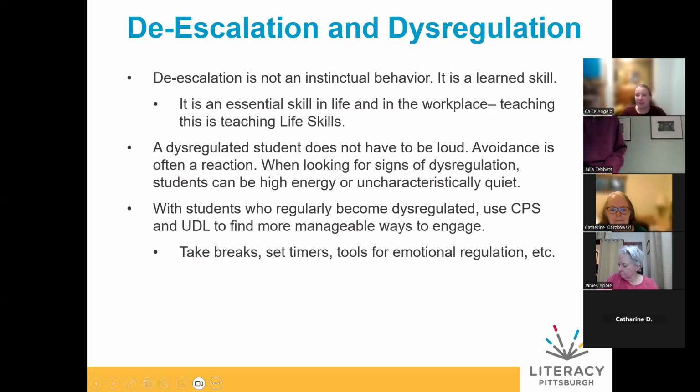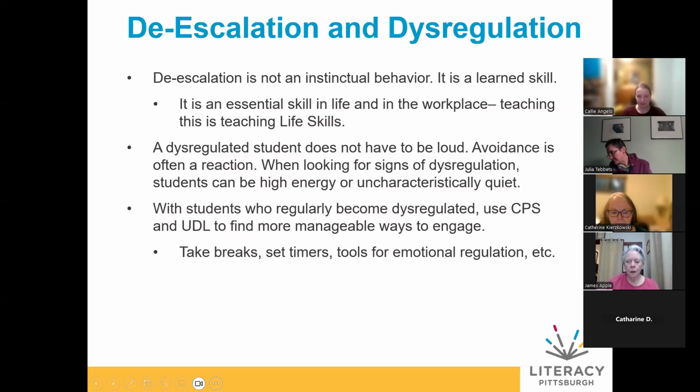De-escalation is not an instinctual behavior, it is a learned skill. It is also an essential life skill and essential in the workplace. So don't think of de-escalation as a departure from your time as a tutor. De-escalation is your time teaching life skills. It's the same concept as asking for your student to be on time in order to enforce that habit for